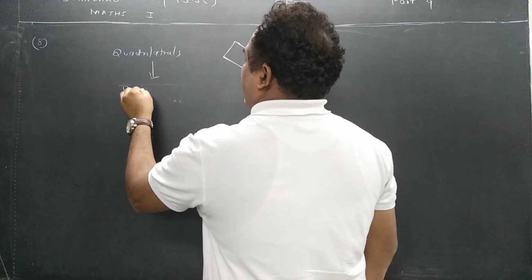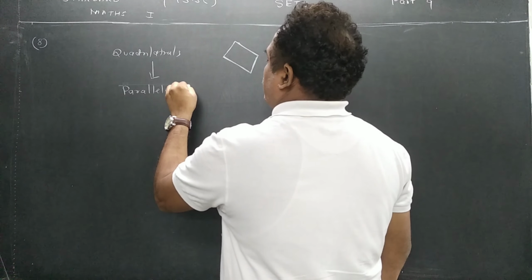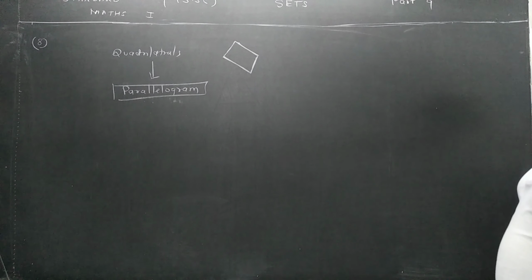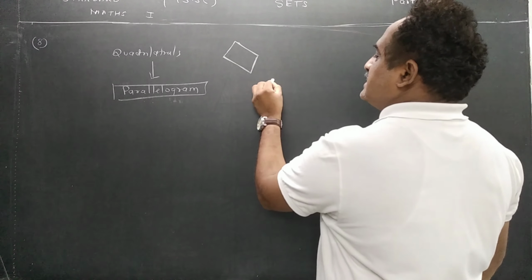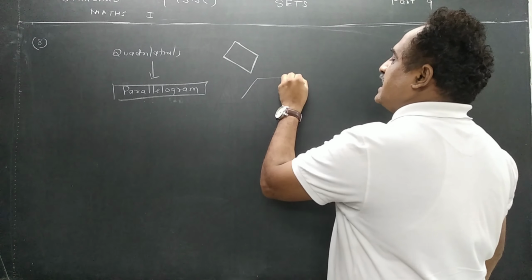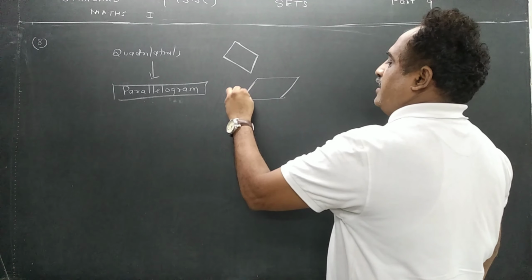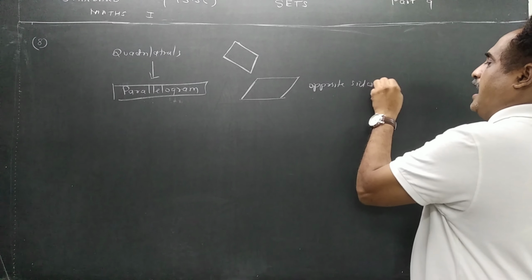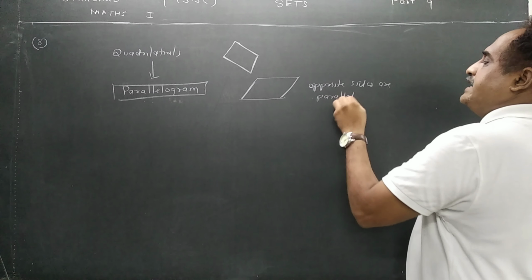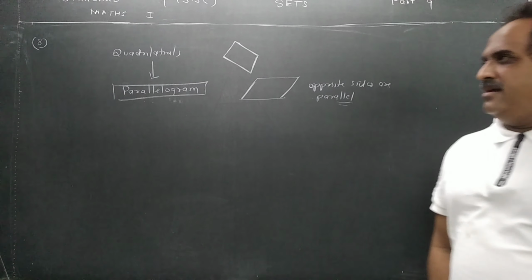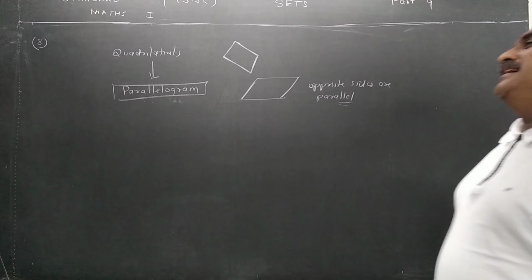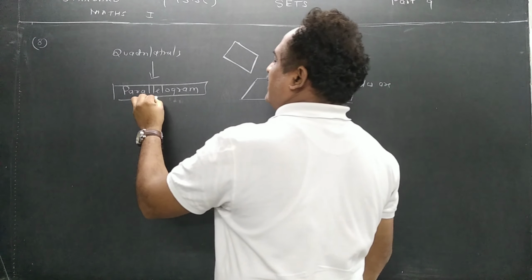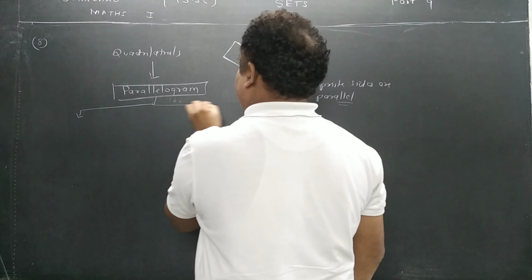ओके, बट थोड़ी सी यूनिफॉर्मिलिटी आ गई और ये बन गया पैरेललोग्राम. तो पैरेललोग्राम इज वन टाइप ऑफ क्वाड्रिलैटरल. एक बच्चा है क्वाड्रिलैटरल का. अब उसमें खासियत ये है कि अपोजिट साइड्स आर पैरेलल. इसे हम लोग बोलते हैं क्वाड्रिलैटरल. बट आप ये बोल सकते हैं कि ये बेटा है क्वाड्रिलैटरल का. अभी क्वाड्रिलैटरल के अगेन दो टाइप आ जाएंगे.